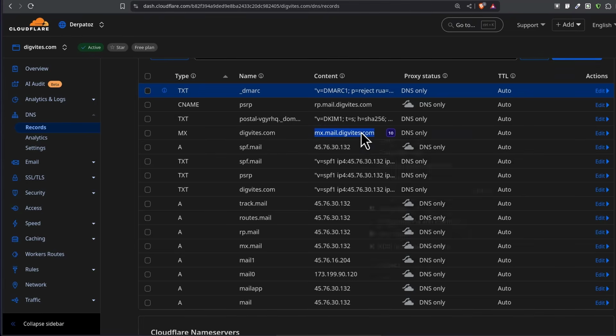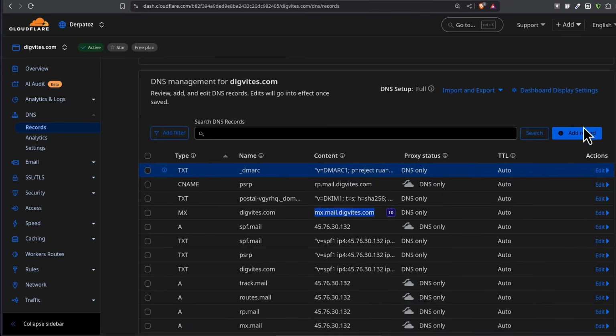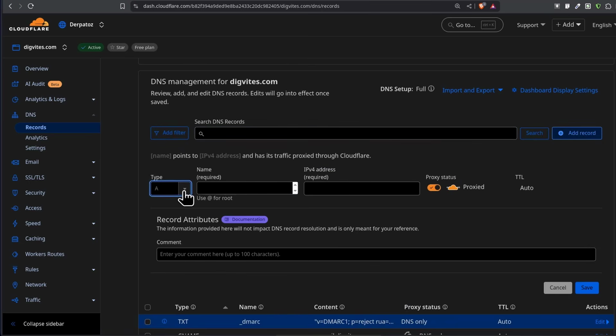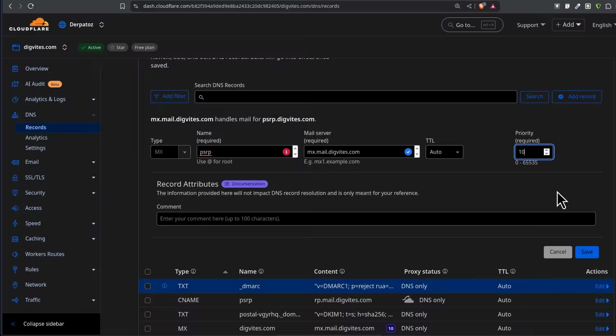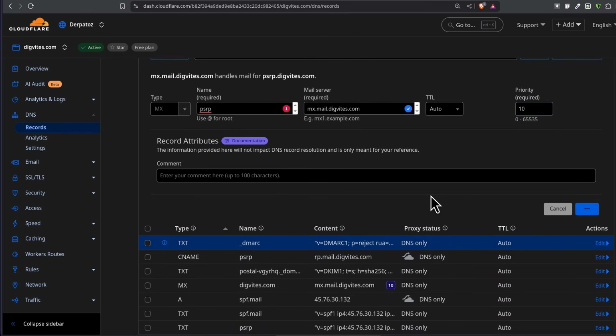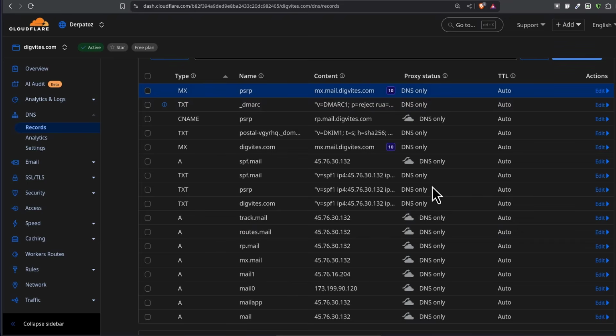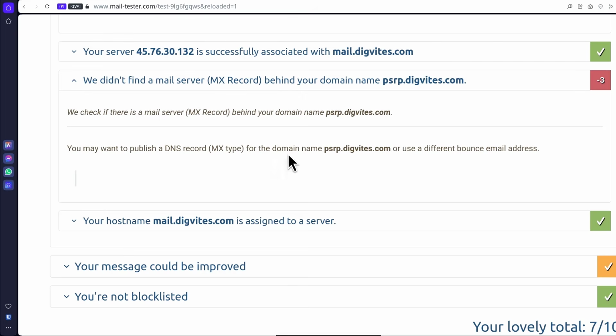I'm just going to use the same one, copy and add MX record for PSRP. Control V, and priority of 10. And then we're going to save that. And the next time we send, we are going to see if that is fixed.